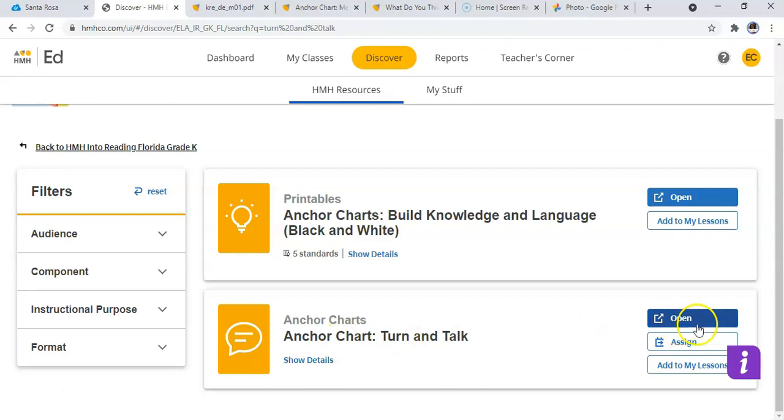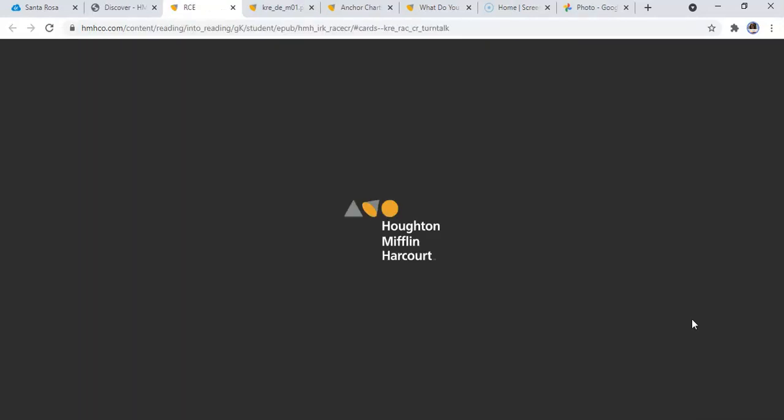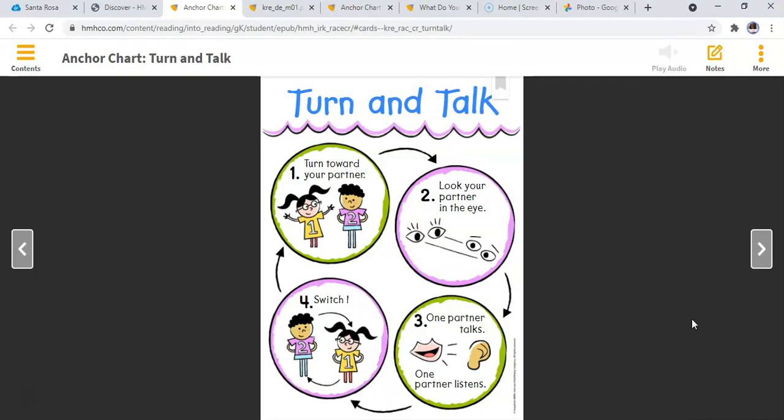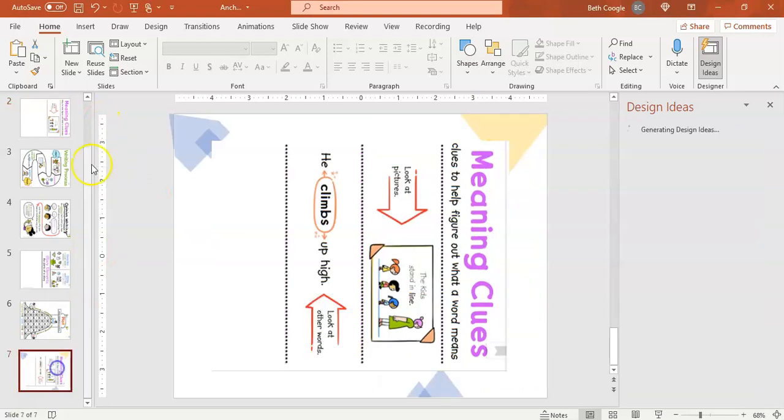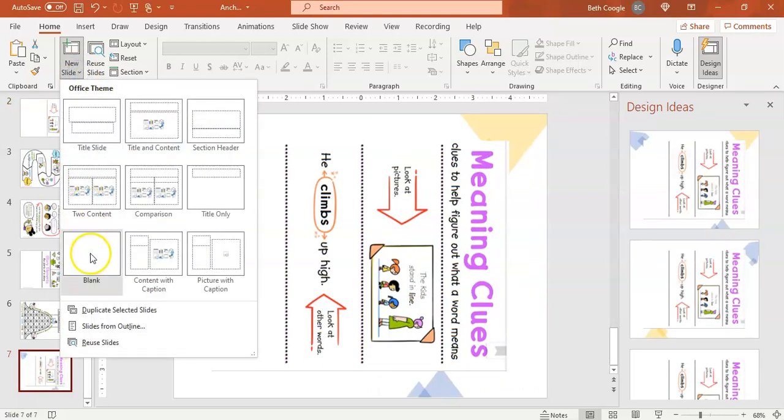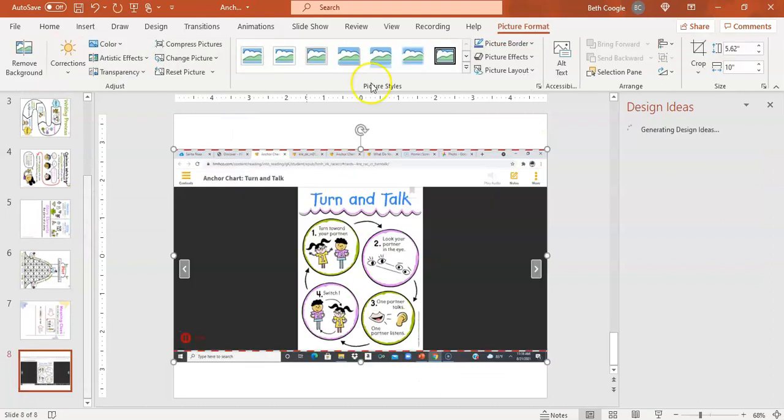And here I see it. I'm going to open it just to double check that that's what I want. Love it. So I'm going to hit print screen. I'm going to go back to my PowerPoint. I'm going to add that blank slide, paste it in,